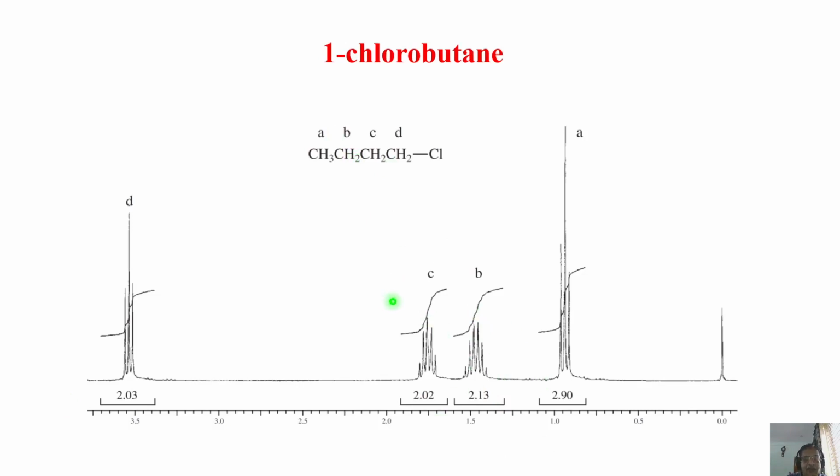That is the pentet, which is more complex. Depending upon how the splitting arises, how the multiplicity comes because of coupling with neighbors, you can even make the assignment. So all the information which I gave you about chemical shift, coupling, multiplicity pattern, everything can be utilized here to analyze the spectrum. The simple molecule I gave you, you were able to analyze.